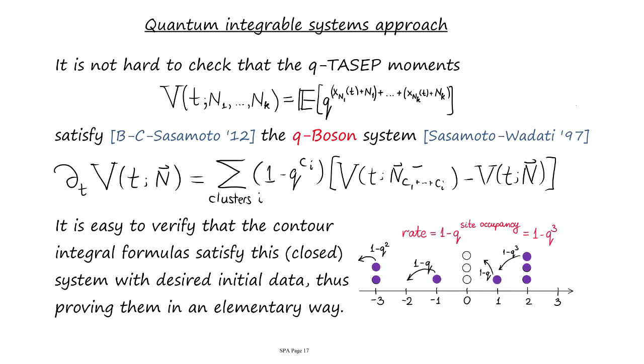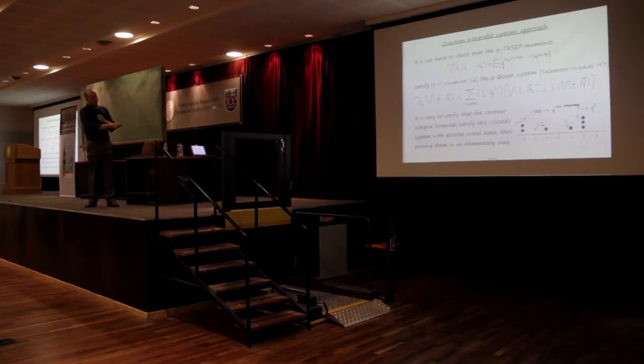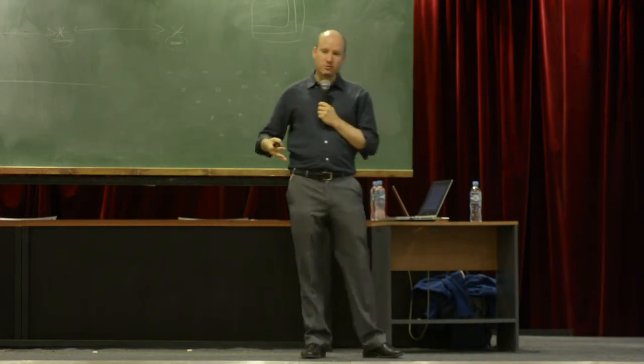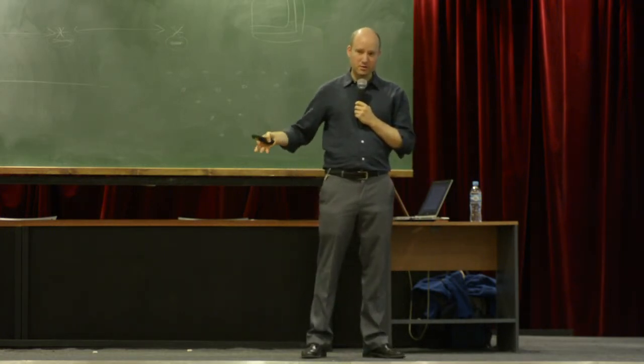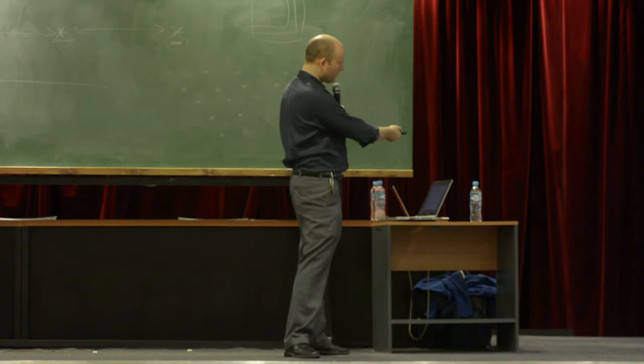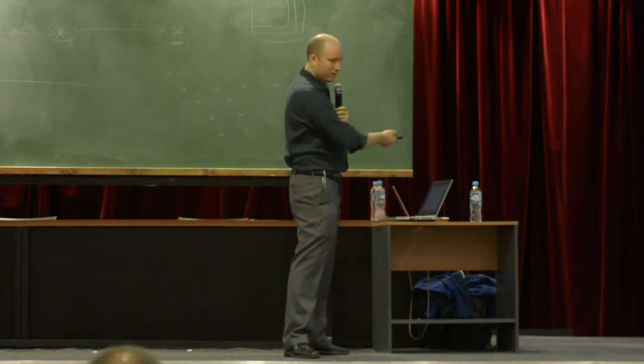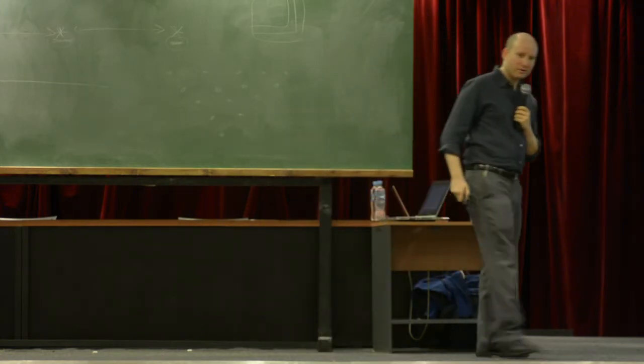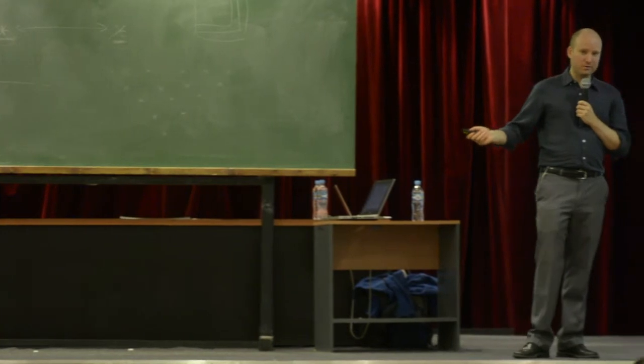Let me define this as a function v_t and then n_1 through n_k. It's a deterministic function. Okay? Now, there is an observation, it's not very hard to make, that this function, deterministic function, satisfies a closed system of triangular evolution equations. In other words, the time derivative of v is equal to a certain triangular operator applied to v. In fact, the operator that you're applying here is the backwards generator of another very nice Markov process